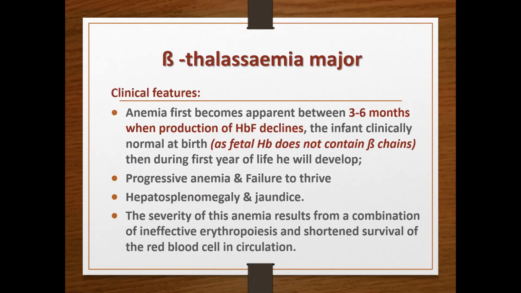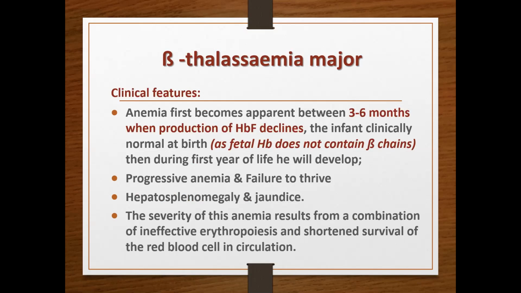Clinical features: usually anemia becomes apparent between 3 to 6 months, because at this time the prominent hemoglobin in the baby is hemoglobin F, which contains alpha-2 and gamma-2. But when production of hemoglobin F declines, the symptoms and clinical manifestations of beta thalassemia will appear, because fetal hemoglobin doesn't contain beta chain. So during the first year of life, the baby will present with a progressive anemia and failure to thrive, hepatosplenomegaly,